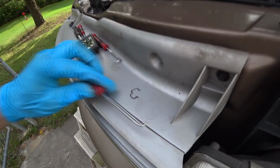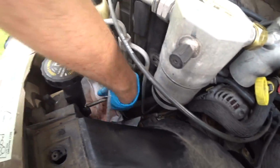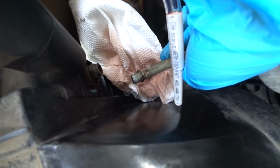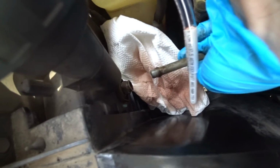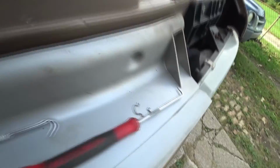It's a retainer for this line here. That's the transmission line. As you can see, that's the end of it. I'll try to shove my camera in there. So to pull this out, you need to get this little spring wire clip off, and then I use this